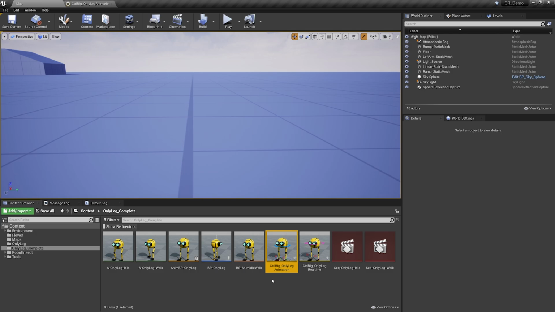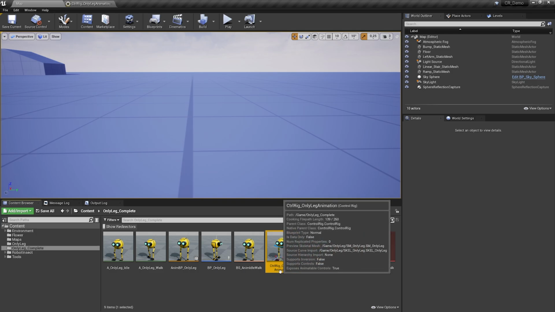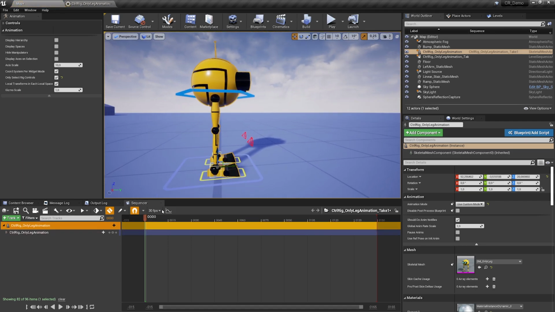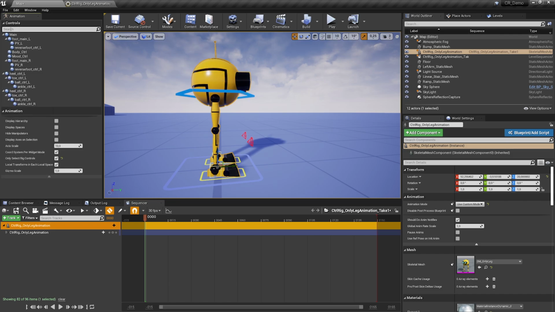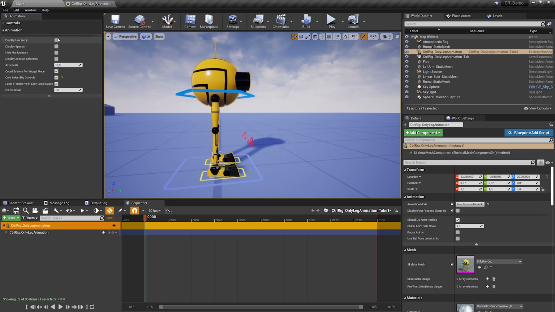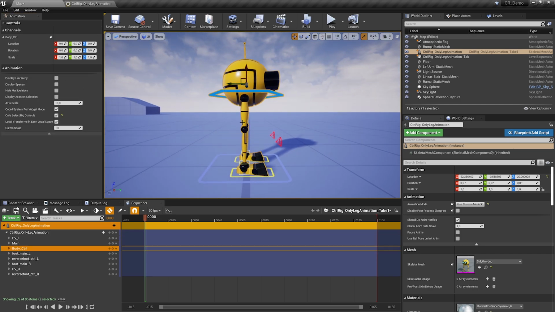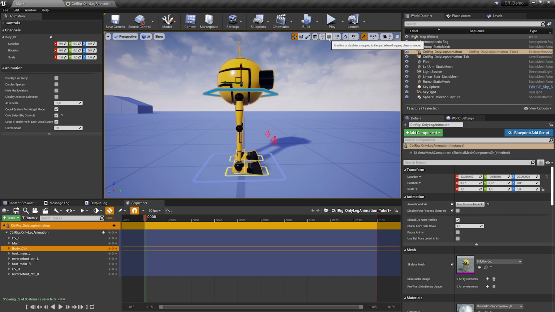You can animate in any level, but I have a very simple one here. Let's grab our control and just drag it into the viewport. This opens up the sequencer automatically and creates a level sequence for us. It also switches to the animation mode, in which we can find all our controls and some options like display the hierarchy or hide the manipulators. Very handy is only select rig controls, which prevents you from selecting anything else in the level, like in the background. Also worth noticing is you should switch off snapping for rotation and translation, otherwise animation is sometimes pretty hard or not even possible.